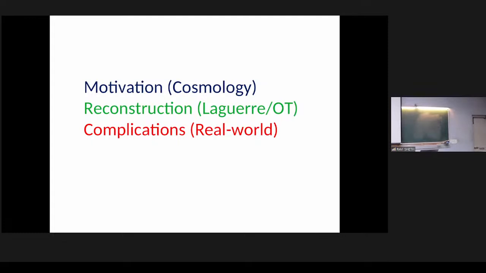Yeah, so the CMB is when the universe was about 1,000 times smaller than it is today. That's when those photons were released. That's when the photons started traveling through the universe. And we think that something about the patterns that they had then is imprinted in the structure of galaxies today and gas today. So I'll go through a little bit of the motivation first before I go through a little bit of the complications that we have to deal with to actually make this work.